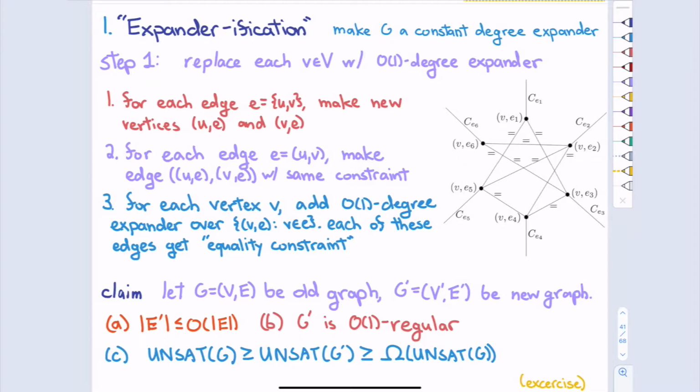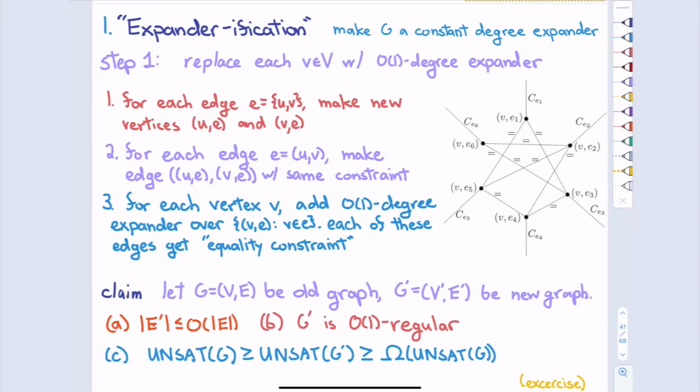So we add a few edges in between to force equality. You can add, for example, a constant degree expander, which sort of has strong connectivity but doesn't add too many edges. Is the key point. So overall, the graph is still sparse. Okay. All right, so you just kind of blow up each vertex and add a sparse set of equality constraints so that each cloud, everyone still needs to be equal.